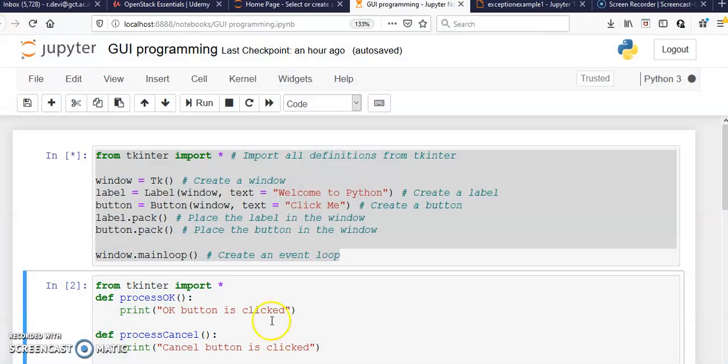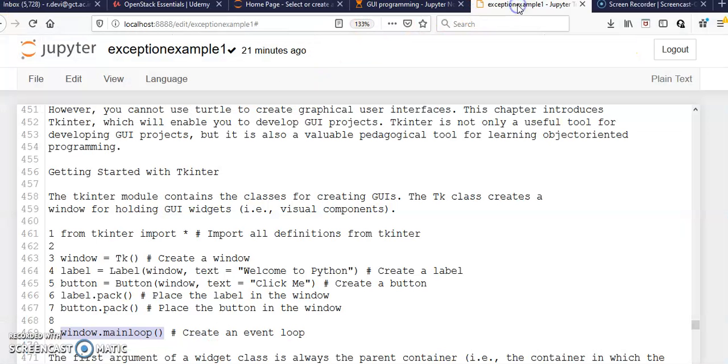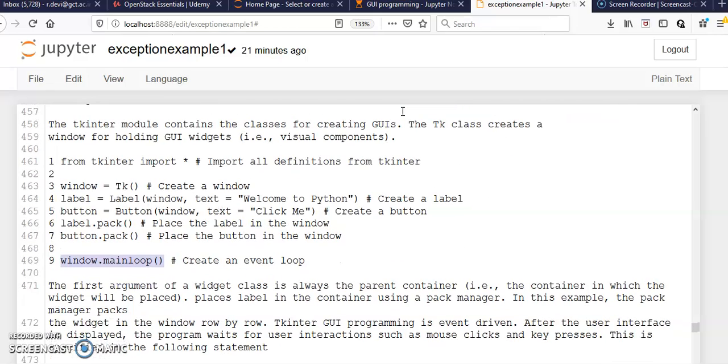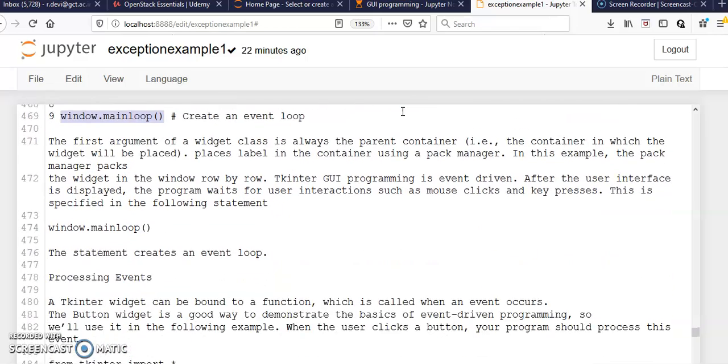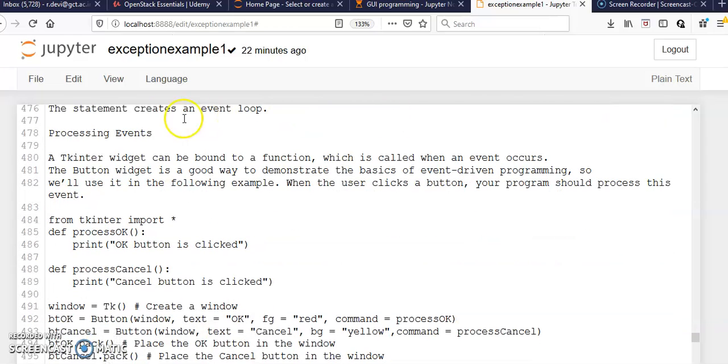Going back to the content, that's all about a simple program showing how to create a button as well as a label. Next we are going for processing events. Processing events are similar to the functions we discussed earlier.